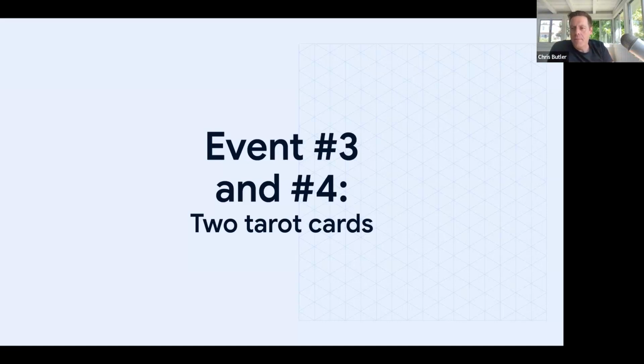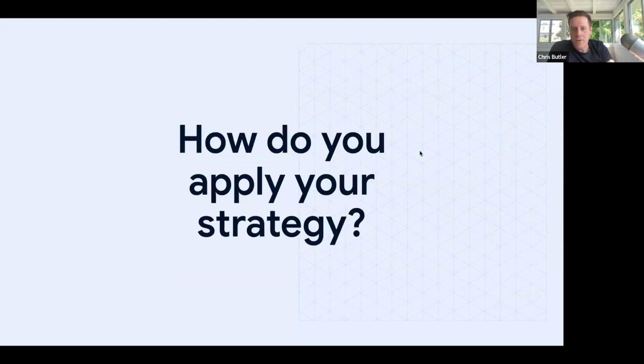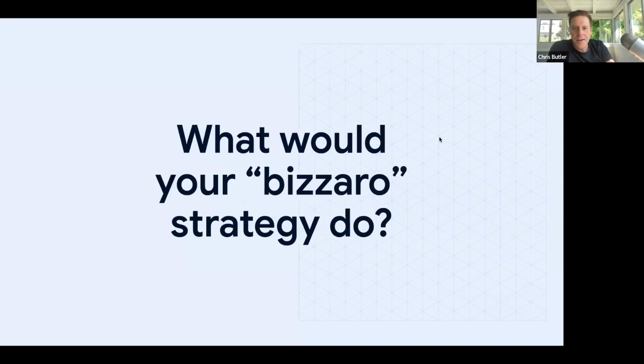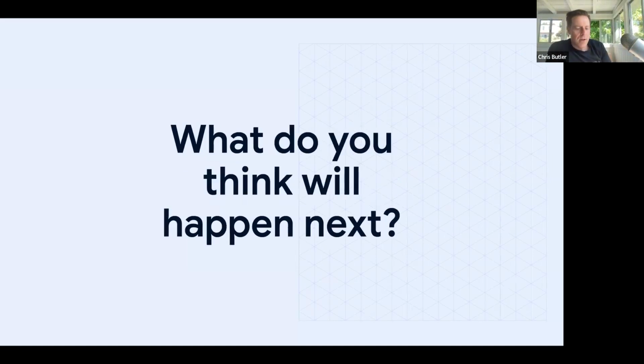So what are the things inside our domain that maybe we're blind to right now in some way? And so now what I want you to do is, based on the reading of these 2 cards, how does your strategy apply? And how does that change things? And maybe, what is your Bizarro strategy in this case? And then what do you think will happen next? So how are people interpreting these events if we're talking about some type of hard prioritization and then something happening inside of our own organization that we're blind to?